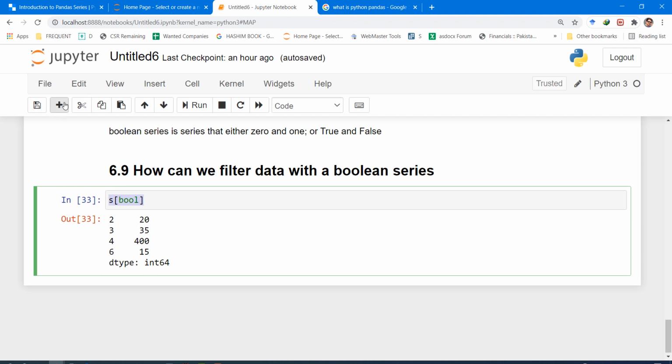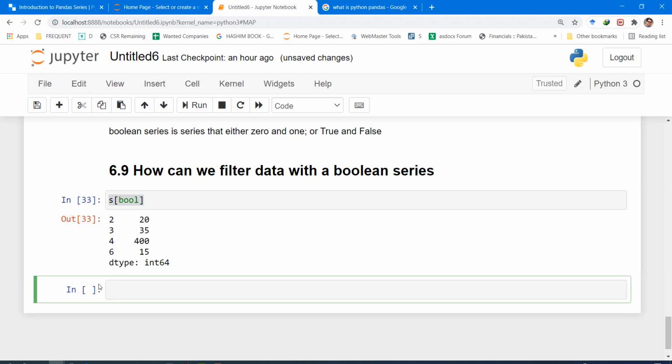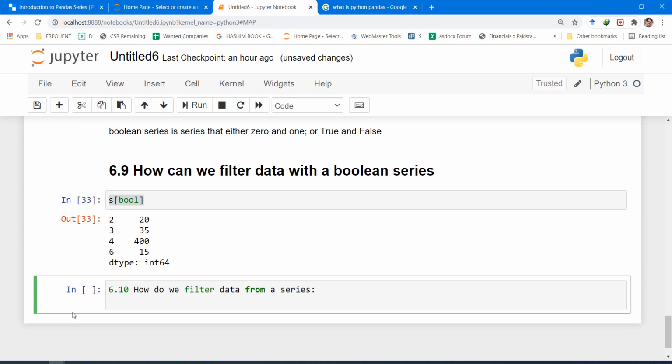Let me summarize it here as a next heading. How do we filter data from a series? It happens in 2 steps.